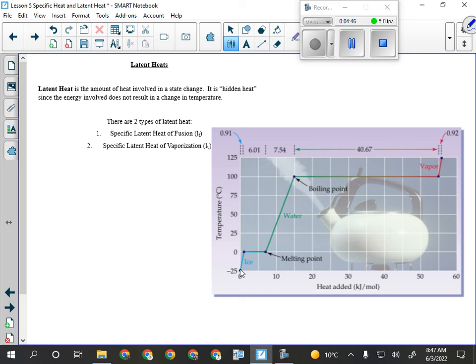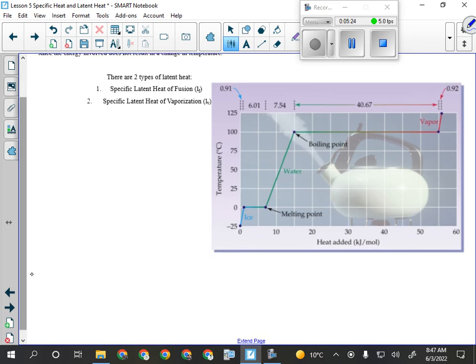Okay? Once all the ice is melted, then the water will start to warm up and the temperature will start changing again because now all the potential energy is done. Okay? I'll continue to heat that up until it gets to 100 and then the temperature will flatten again. Okay? The temperature won't change until all the liquid water has evaporated into steam. And then if I keep adding energy, the steam will get hotter. Okay? But only one happens at a time. I'm either changing the state or I'm changing the temperature. In other words, I'm either changing the kinetic thermal energy or the potential thermal energy, but never both at the same time. Okay? Everybody all right with that idea? So that's why our heating curve for water looks like this.